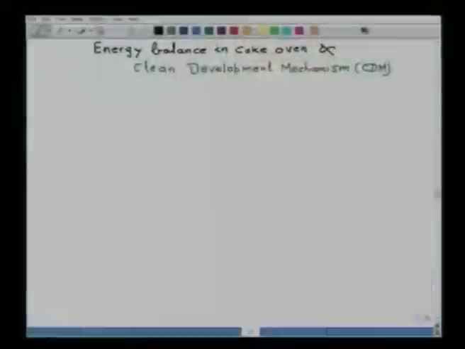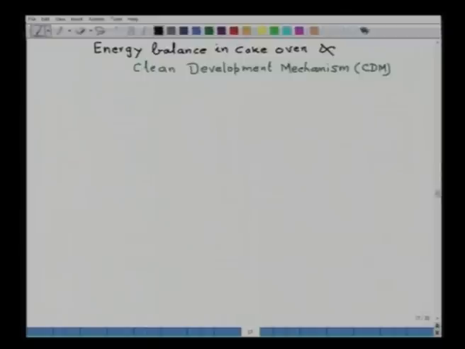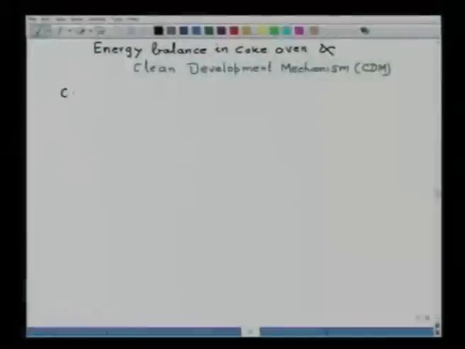Now, in relation to energy auditing, let me introduce another term, which is the clean development mechanism. The whole idea is, if you save the energy, you are saving the environment also. That is where the concept of clean development mechanism has been introduced in the last few years, and the clean development mechanism, in short it is called CDM, and this clean development mechanism, it allows